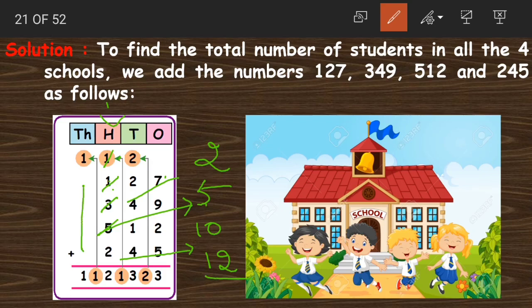As there are no digits after the hundreds place, you can write 12 directly, or even if you carry 1 to the next place, we are only having 1 here, so we copied the same 1 here. Understood students? You can simply write both the digits here, 12, or even if you carry 1 to the next place, as there are no digits under 1, we simply have 1 in the answer.